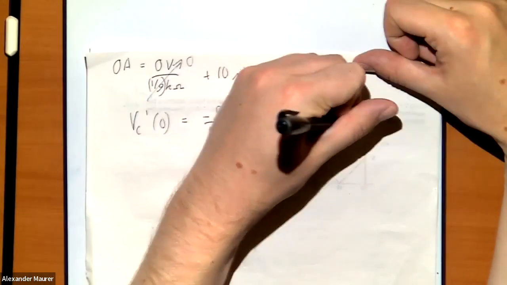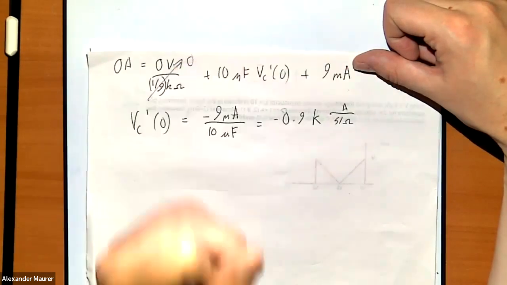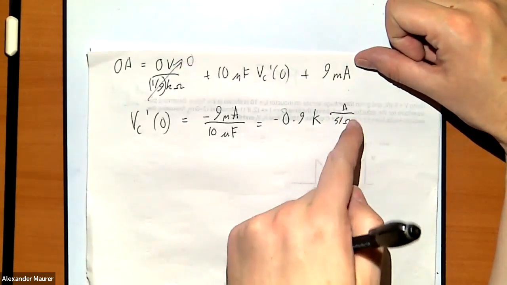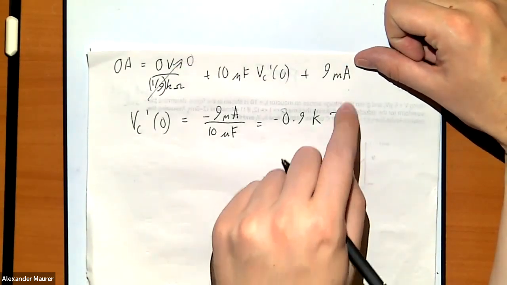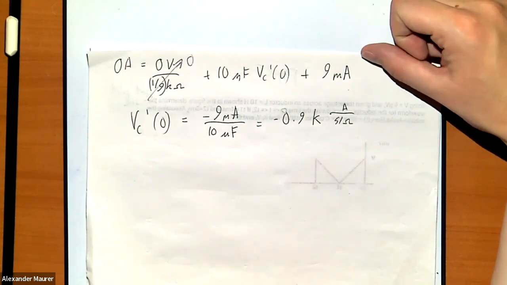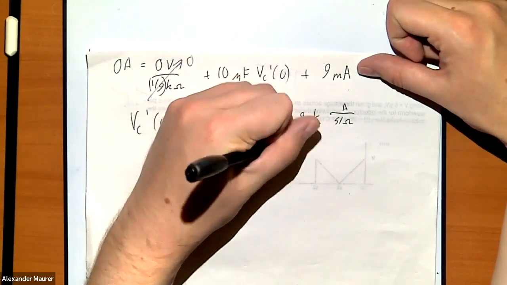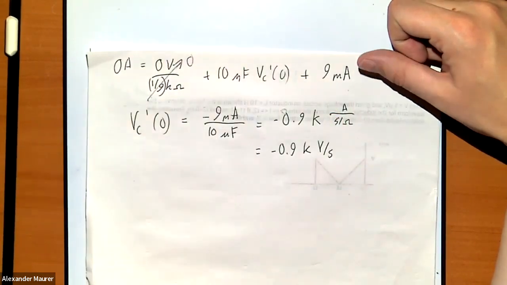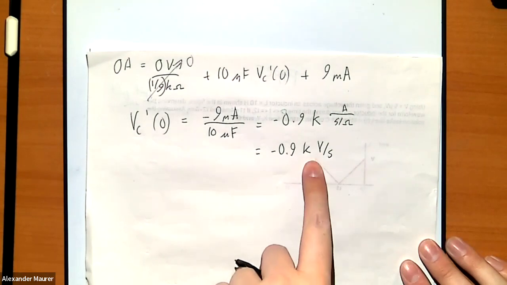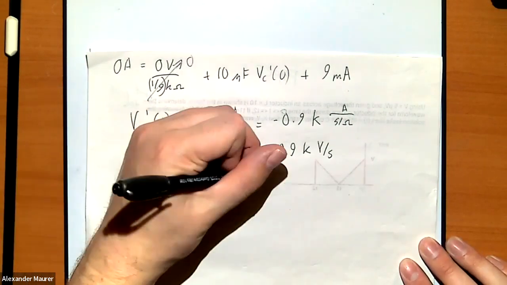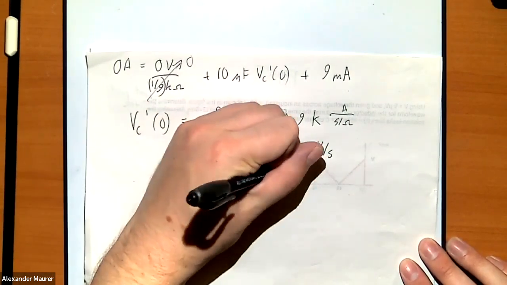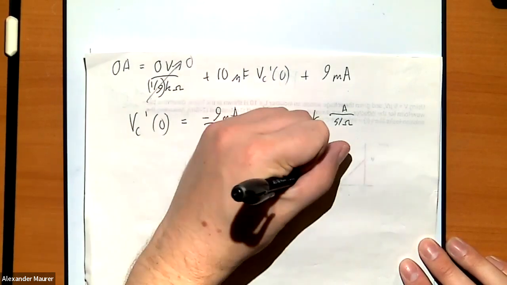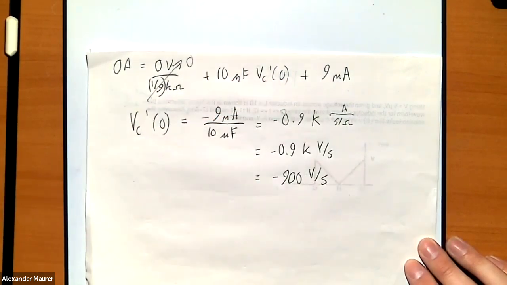Farads are seconds per ohm, and then it's amperes over seconds per ohm. So amperes, the ohms are going to come up top. And so this is equal to minus 0.9 kilovolts per second, which is thus negative 900 volts per second,